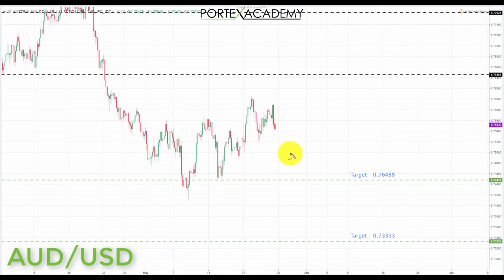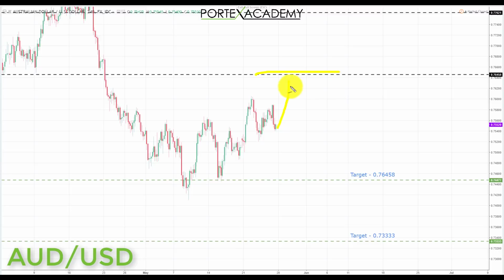Next, we have Aussie dollar. Now, last week, the Aussie dollar really didn't do a huge amount. I mean, although the dollar's been strong, the Aussie has also been fairly strong. And as a result, these have hardly really moved since last week. So very simply put, we are looking for further declines in the Aussie dollar overall as we have a stronger US dollar. If we can get a pullback, preferably all the way up to